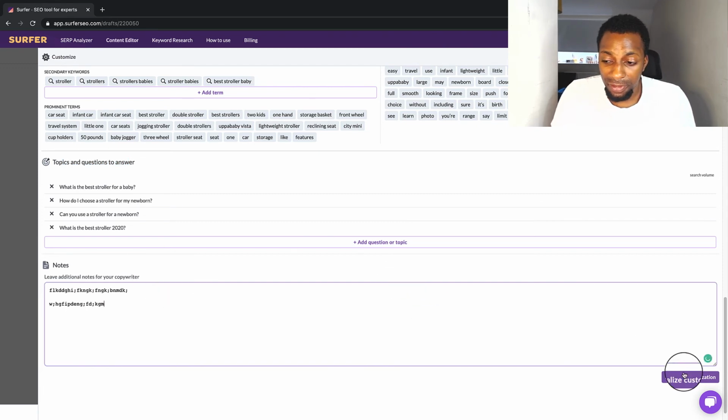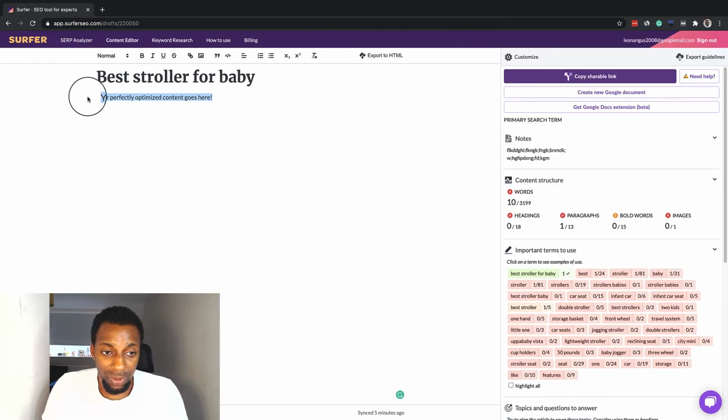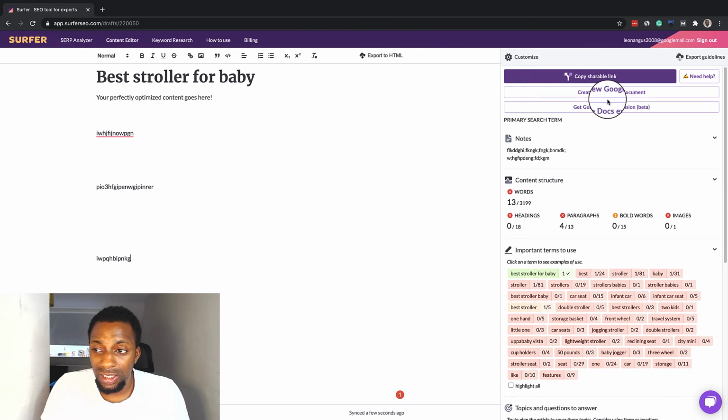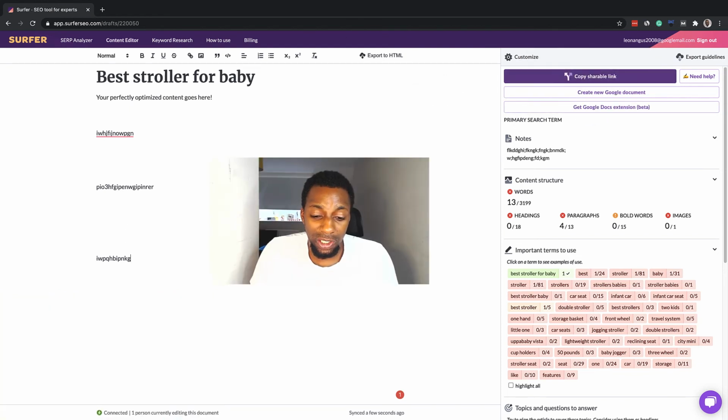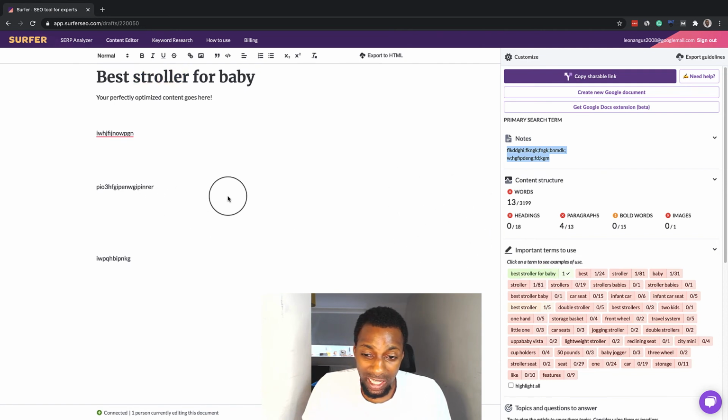Okay, so after you've done that, you do finalize customization, and then you're brought to this. So when you're creating a new piece of content, what I like most about this is you can create a content brief. So you can create a brief out of this, and with Surfer's Google extension tool, you can actually use this in Google Docs. So you can create this in Google Docs and then share it with a writer, and they can log in, and it will show you how many people are logged in, and they can edit a document based on your brief. So you can give them all the notes here, and then they can write the content, and it updates